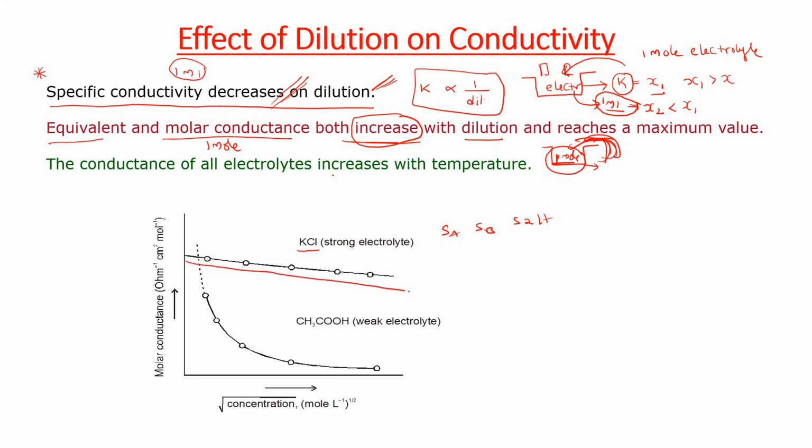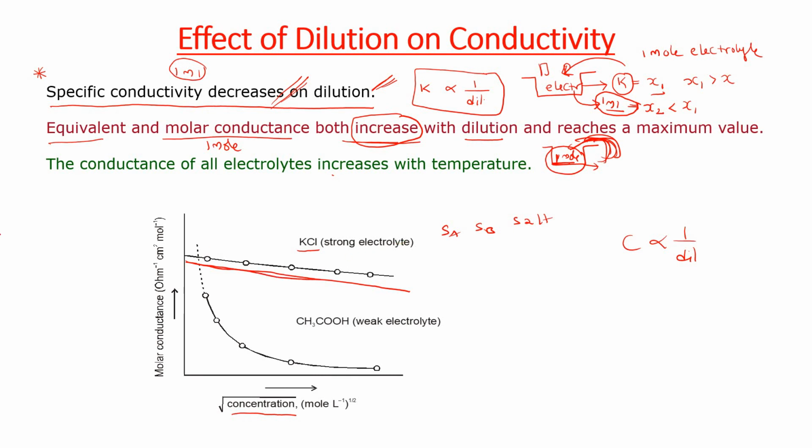On dilution, the conductance will increase, but I have taken here not dilution, remember, I have taken concentration. Concentration is inversely proportional to dilution, right? So this is for concentration. So on dilution, molar conductance will increase. On concentration, molar conductance decreases. Steep decrease is taking place